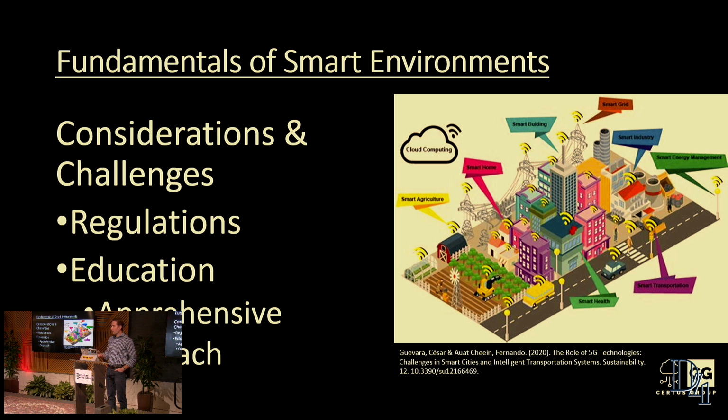But probably more importantly than the hardware and the software aspect of this thing is the educational component of it. In a lot of these smart city scenarios, there are a lot of communities and population areas where people are apprehensive about being monitored 24/7 by smart city or smart environment infrastructure. This requires the people that want to deploy these kinds of systems to engage in a lot of outreach to